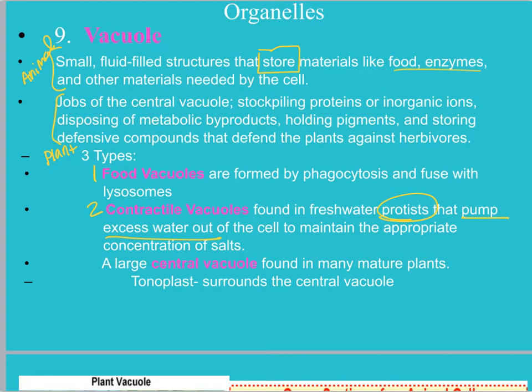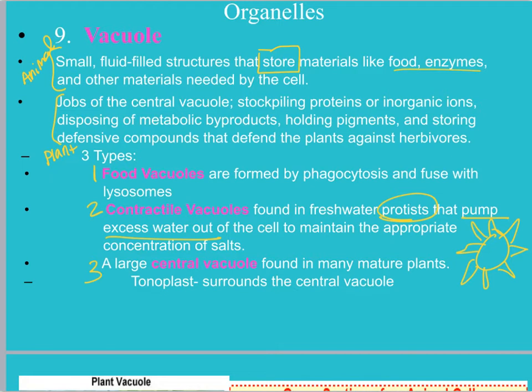So contractile vacuoles kind of have a sun-like appearance. So they kind of look like that. And this would be like when they're not full. So anyway, it's still going to store water and things like that, but it will squeeze and contract to get rid of extra water. And then you might have a large central vacuole